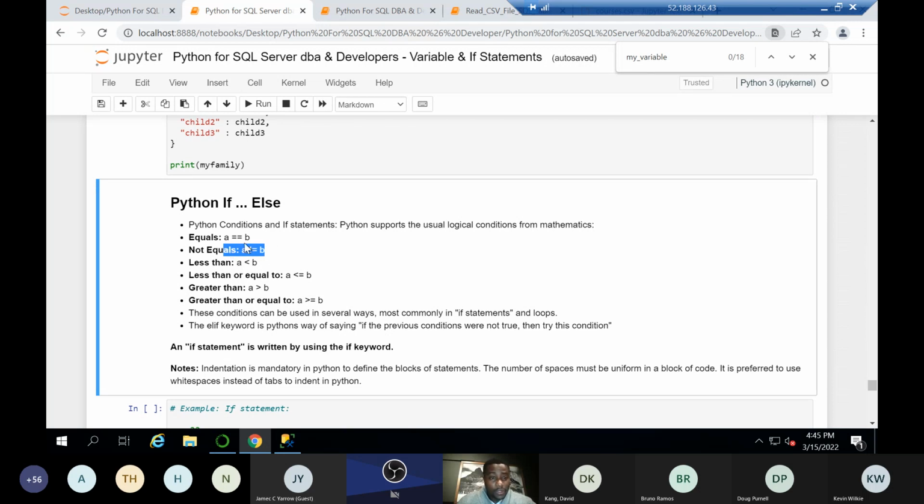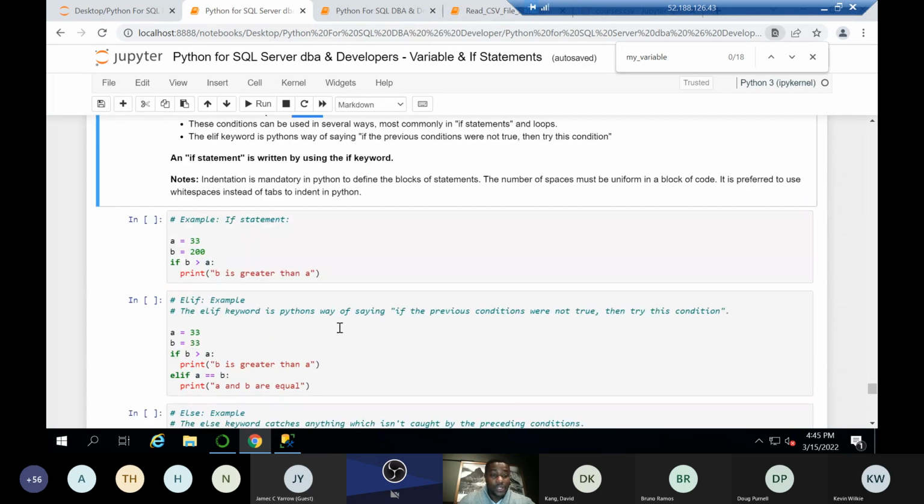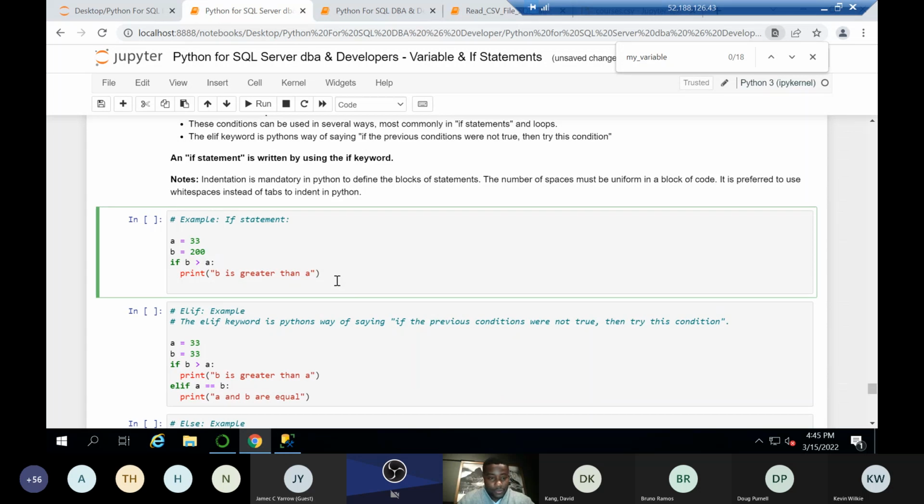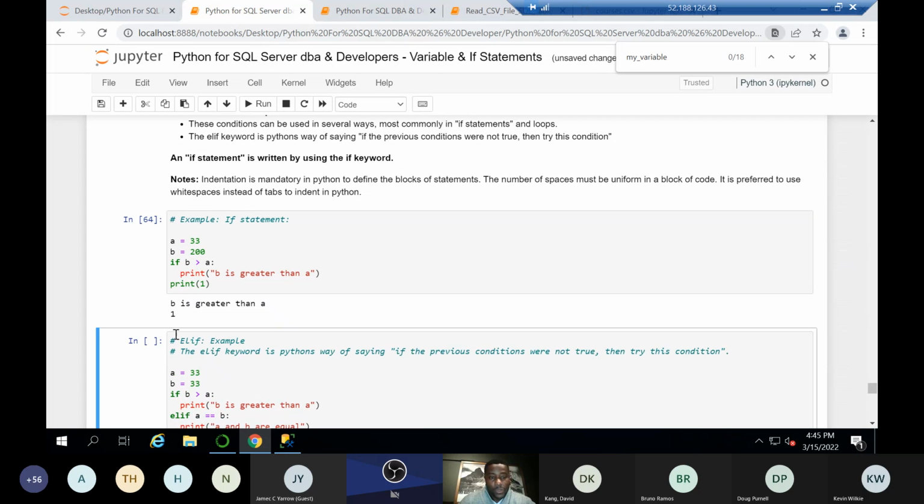If we're looking at Python, the equal is like this. You have to put double equal. Not equal, we used that in SQL Server. This is the same as SQL Server. Okay, Python has something called indentation, guys. What I mean by indentation, guess what happened? If I put, for example, this one, print 1, okay, you will clearly see 1 comes out like that, okay? However,